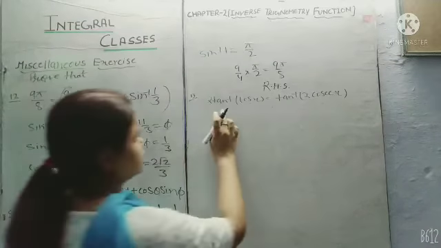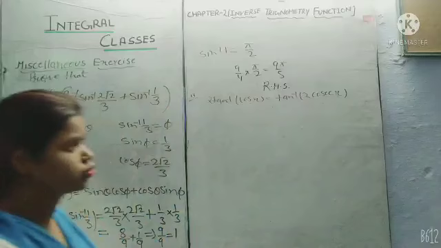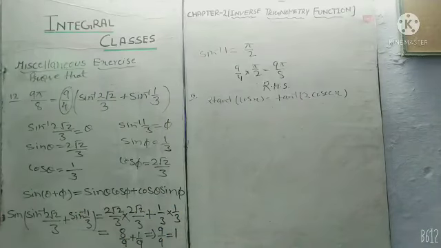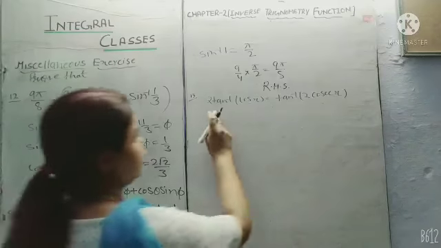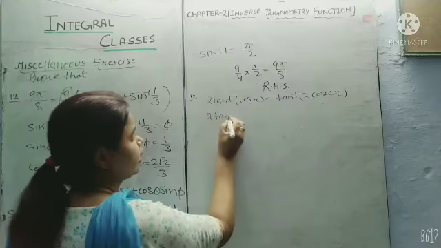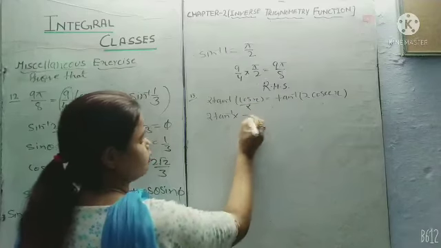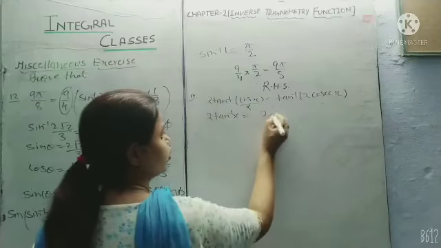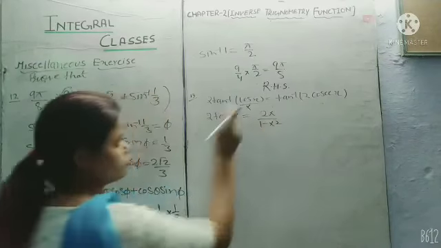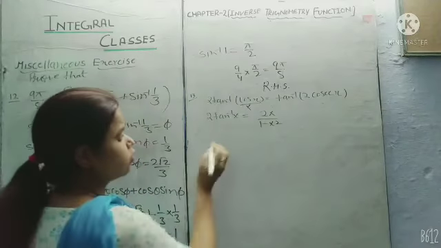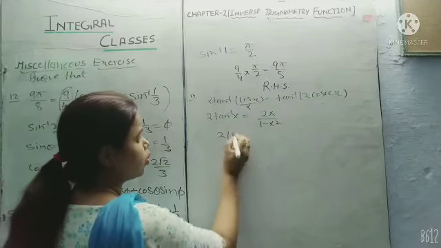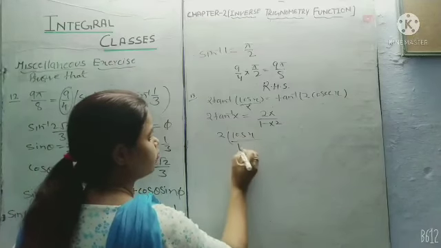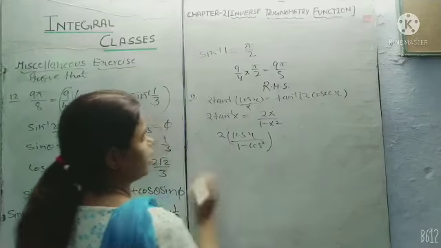Question number 13, tan inverse cos x is equal to tan inverse 2 cos x. Now in question number 13 we will find the value of x. We will solve for the value of x. So student, how can we solve? Let's see. We know the formula of 2 tan inverse x. Suppose it is a capital X. So what is the formula of 2 tan inverse? 2x upon 1 minus x square. So we will apply here, x is replaced by cos x. So 2 cos x upon 1 minus cos square x.